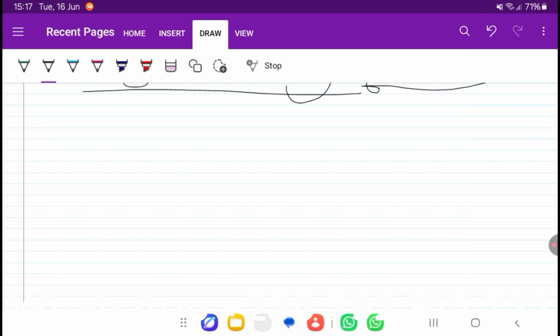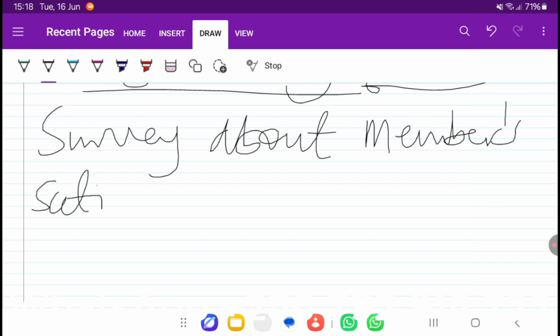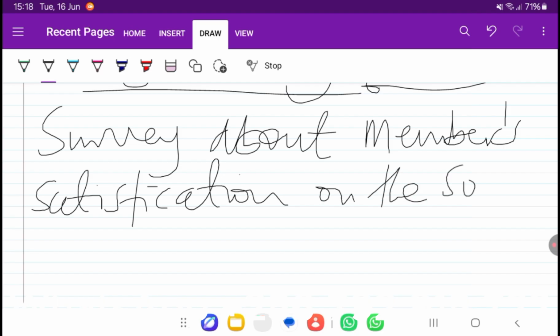If we are trying to carry out a survey as the management team of FSSBES Building Society, about members' certification on the society loans,